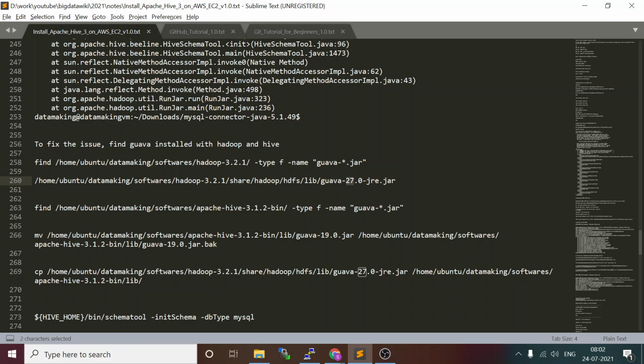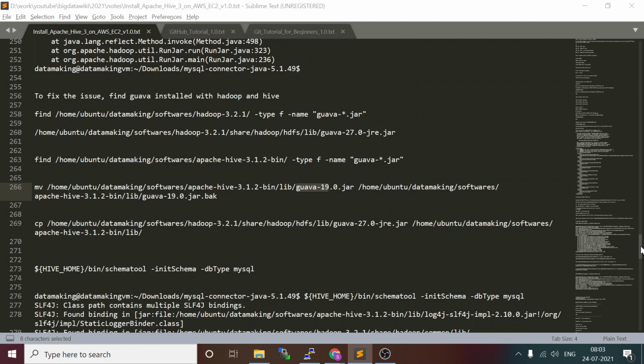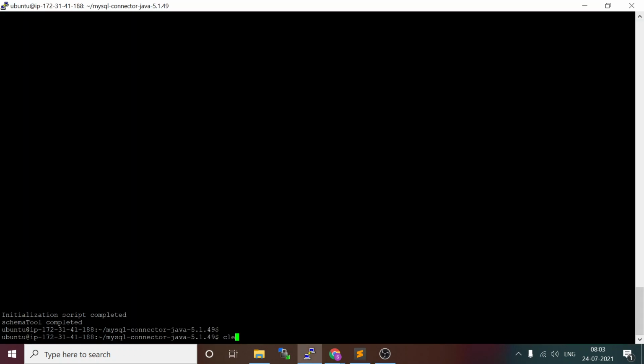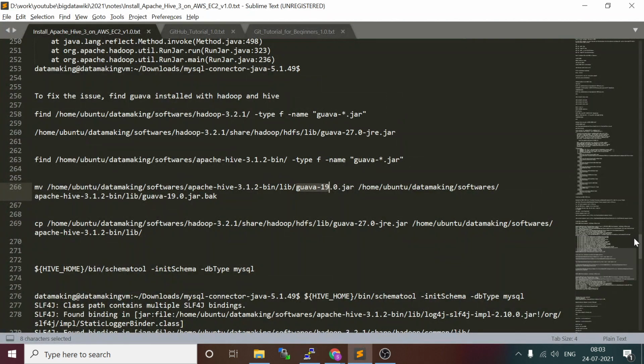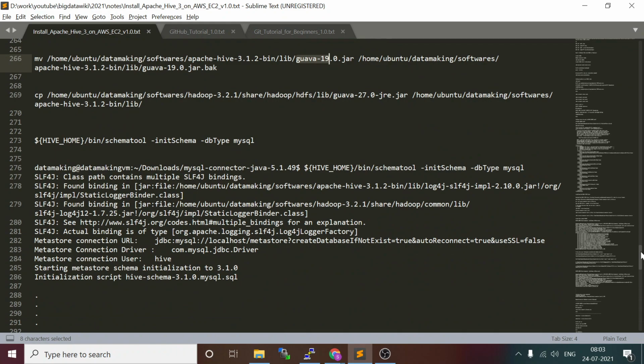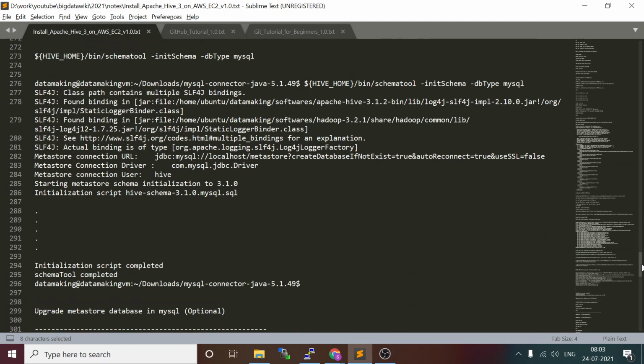But if you look in the Hive folder and find the Guava version as 19, I was getting the class not found issue when I tried it in my local VM. So if you face that kind of issue, you can replace the Guava version 19 with the 27. That issue will go off. For me it is not throwing the error, so I'll just continue with whatever version of Guava jar I have. After I placed this, it started working in my other VM as well.